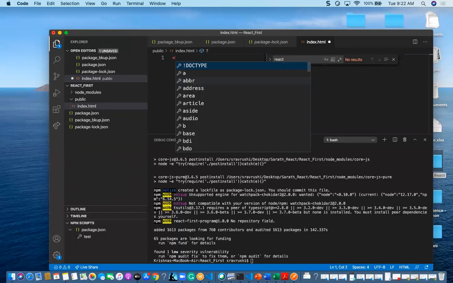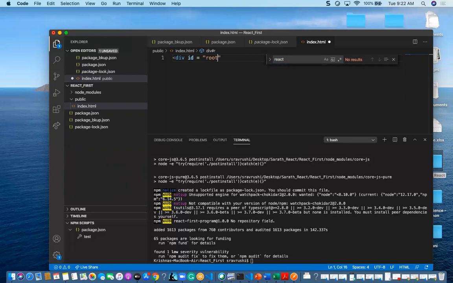And here I have to mention some div with id equal to root. I'm just giving the id as root. Now, as you are aware, in HTML we give text to a div using document.getElementById, giving the id name in brackets, and then .innerHTML.